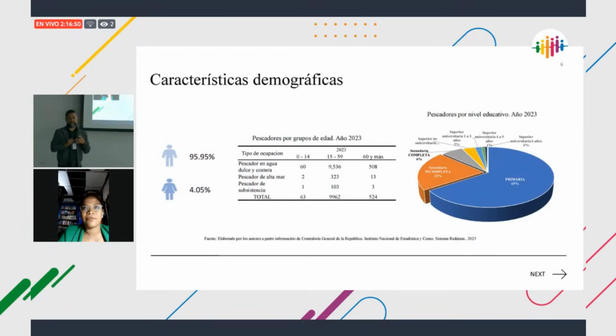Now, in terms of gender, it's evident that 95% are men. Yes, it is a sector dominated by men, of course. But then ages. I'm worried about ages. The fishers that are less than 14 years old, and mostly two of them,